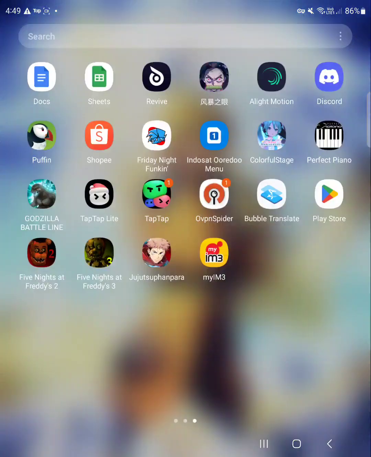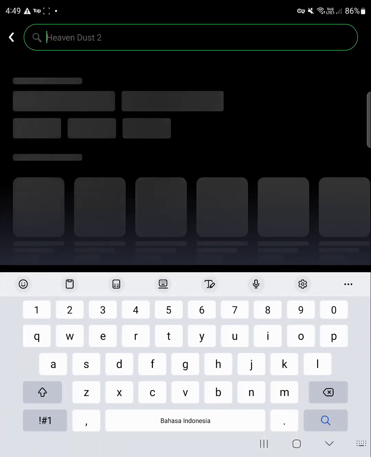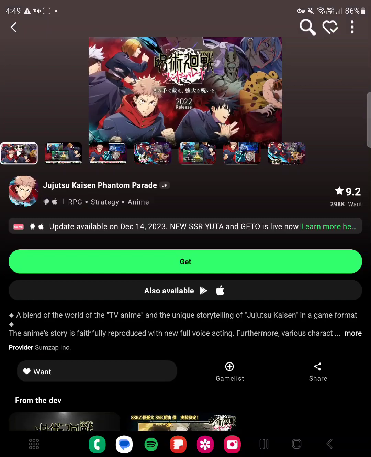Alright, so I'm gonna just show you guys the Tap Lite versions. There's also Jujutsu Kaisen, I think. Yeah, Phantom Parade, as you guys can see there. Yeah, you can get this as well. You just download it, and